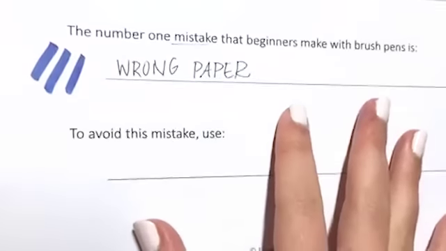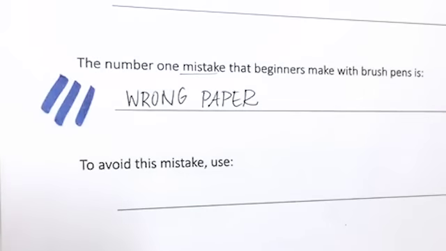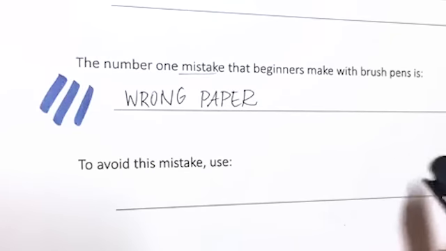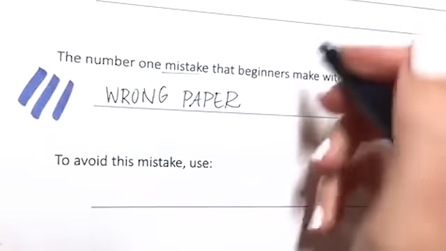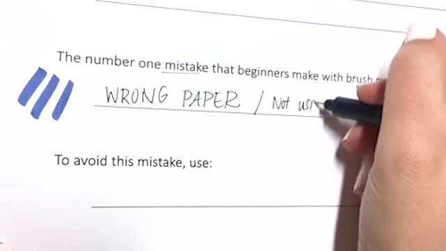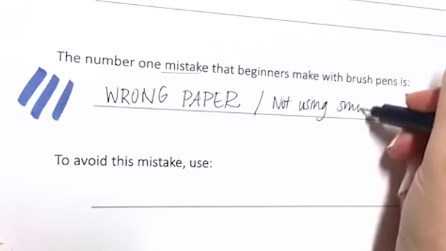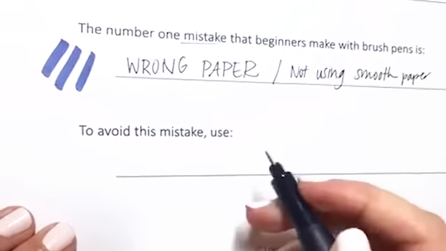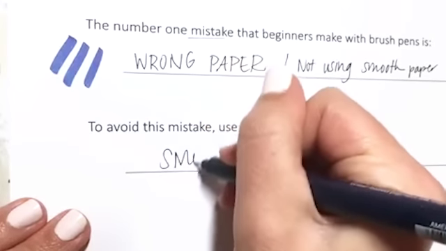So you're going to save a lot of money if you use the right kind of paper. Even if it is more expensive to buy smooth paper, it's worth it for the amount of money that you're going to save by not having to replace the brush pens. So wrong paper, not using smooth paper. So we're going to talk about what kinds of paper you can use, but the answer is to avoid this mistake, use smooth